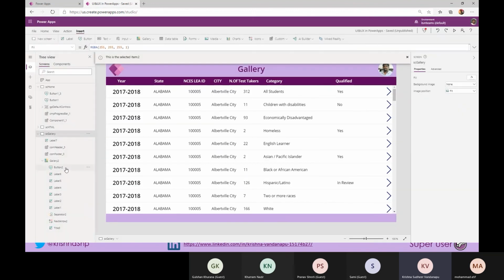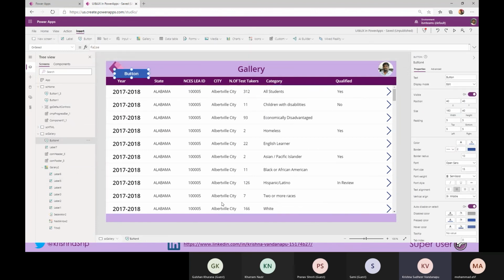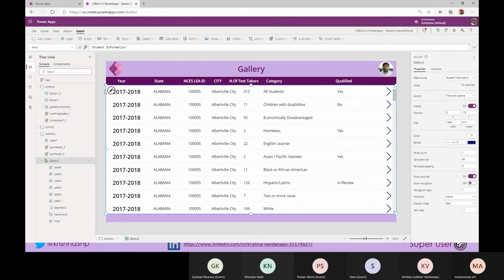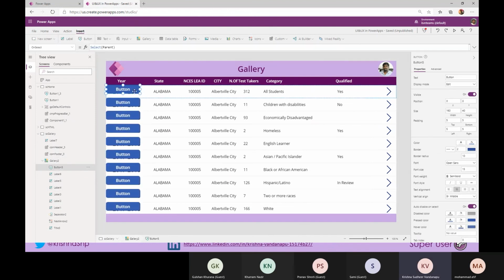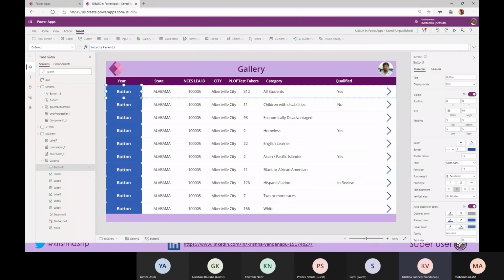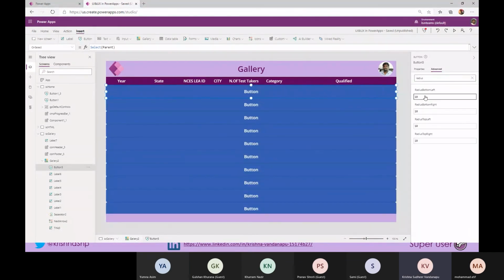How I achieve that is I just remove that, and I just create in this gallery, I have added one more button. Just add a button and make the button position as 0 and height exactly the same height, and just change the button's radius from 10 to 0, just to avoid the curvy edges which a button comes with by default.